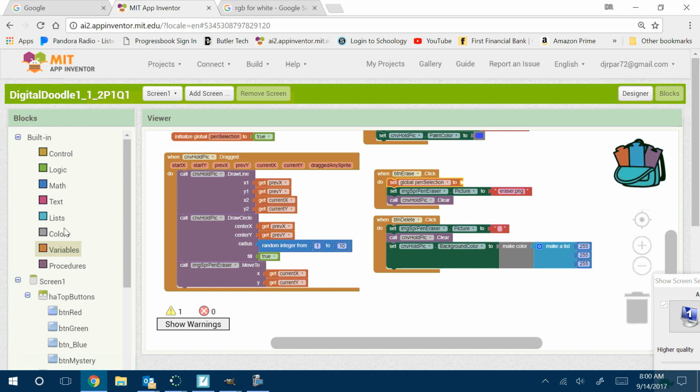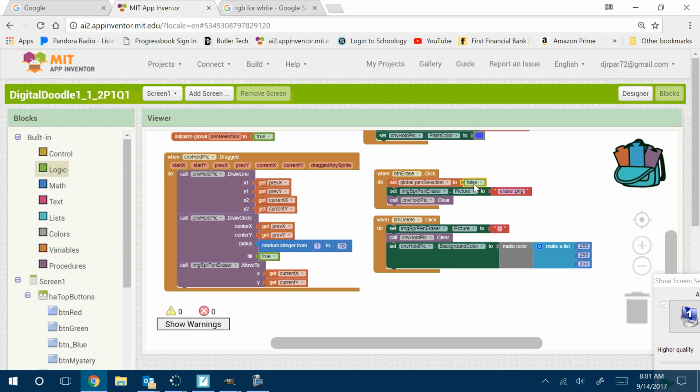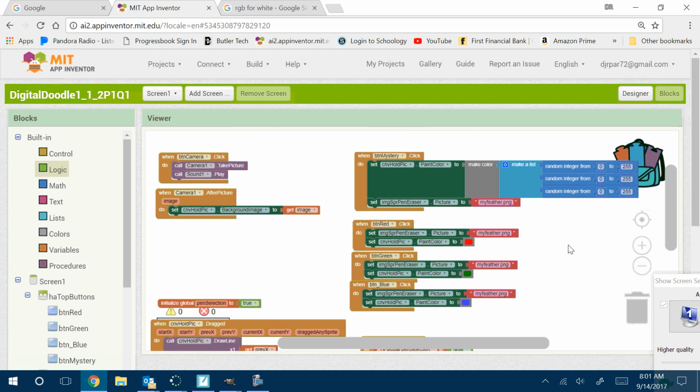I want the eraser. So saying no to the pen means saying yes to the eraser. Okay? So you're going to say here, this is false. Okay? Now, if you select a color,